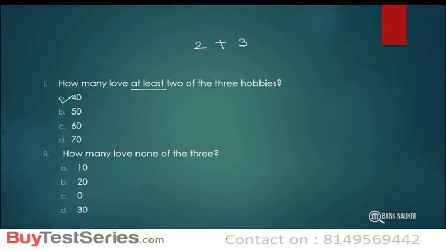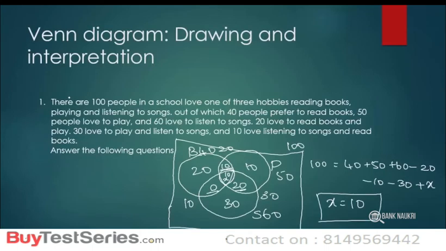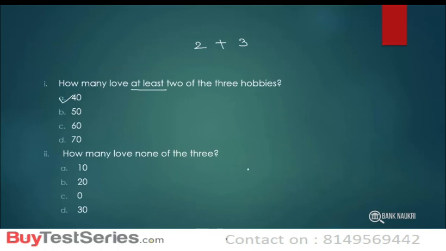How many love none of the 3 hobbies? If you have to find out this, we have to sum all the numbers inside the Venn diagram. 20 plus 10 is 30, plus 10 is 40, plus 10 is 50, plus 20 is 70, plus 30 is 100. So we have inside the Venn diagram 100 students distributed, and the total number of students again is 100. So 100 minus 100 will be 0. Hence none of them prefer none of the 3 hobbies. Hence the answer to this question is option